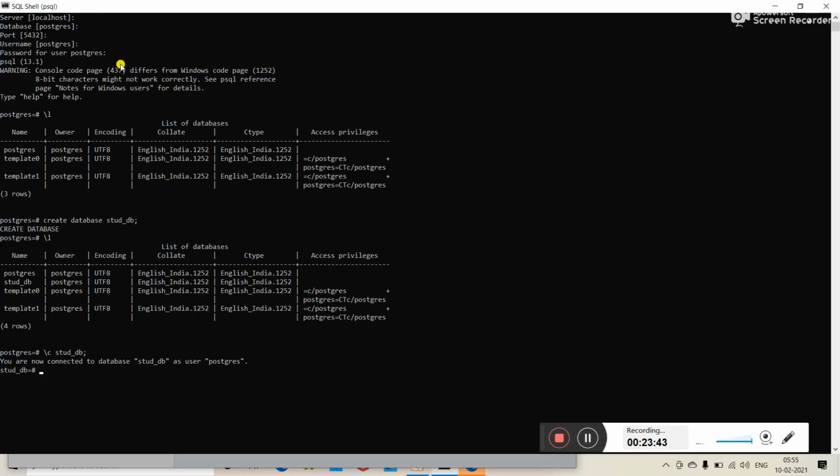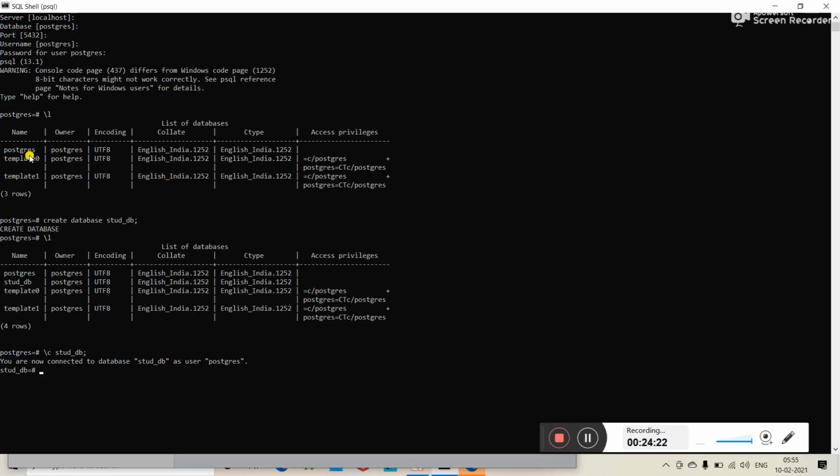When you press enter, it will come with all the warnings and the first line, that is Postgres here. Till here it will display this line. After that, you can write your commands. This means you are in the Postgres database. This is the default database name, Postgres. It will show the default database name here on the screen, and then you can write whatever command you want to type.